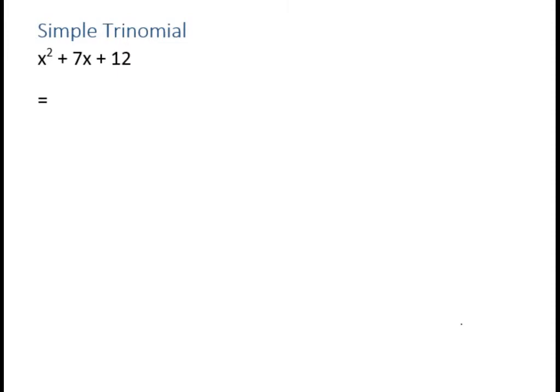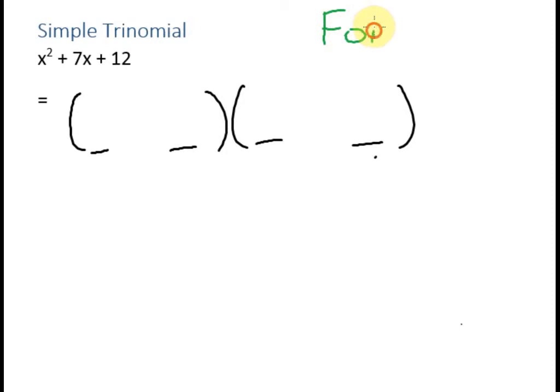How do we factor a simple trinomial? Well, we are going to break it down into two binomials. So they will look like this. And when we figure out the numbers that go inside here and the variables, we know that we have to be able to multiply things back out using FOIL to get the original